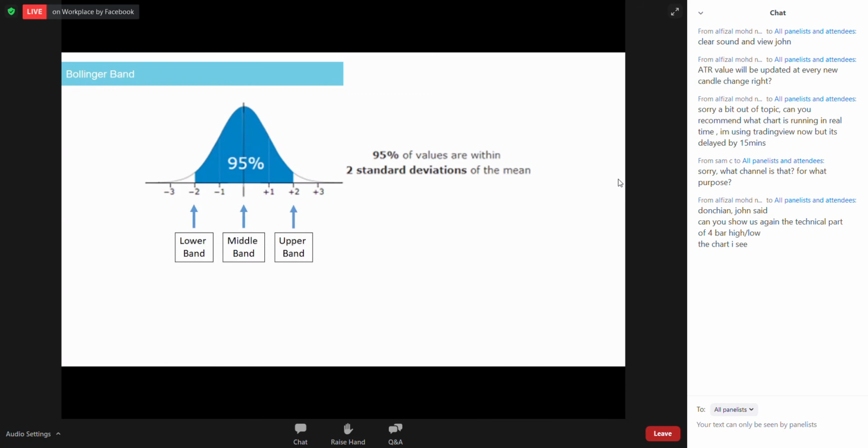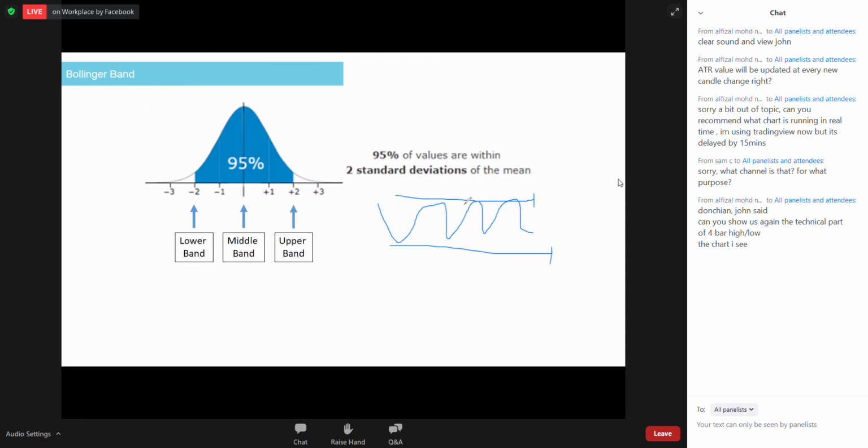So if we are able to use some indicators to define the lower 2 standard deviation and the upper 2 standard deviation, we can actually know when the market will move. Let me give you an example. Maybe when I talk like that, it's very difficult to understand. It means 95% of the time the market will move like that, and only 5% of the time it will touch the upside or the low side. Of course, this is just an illustration.